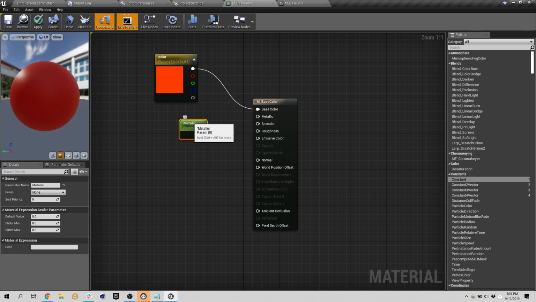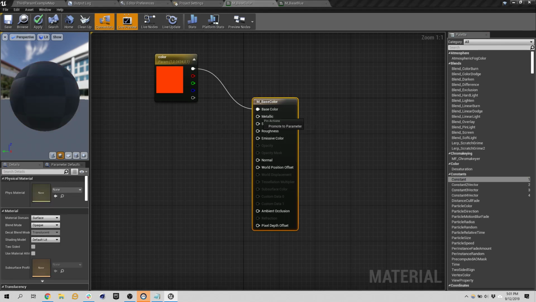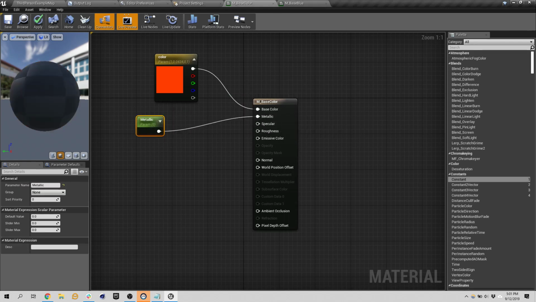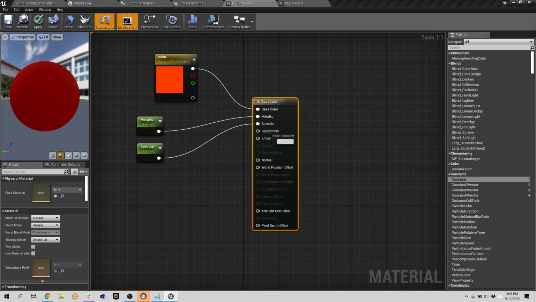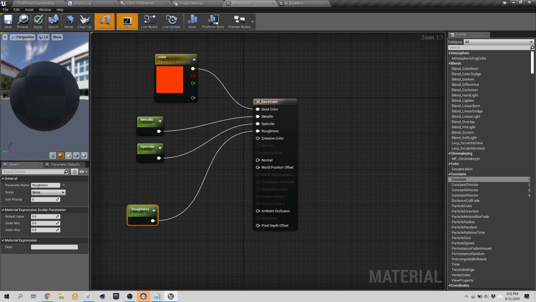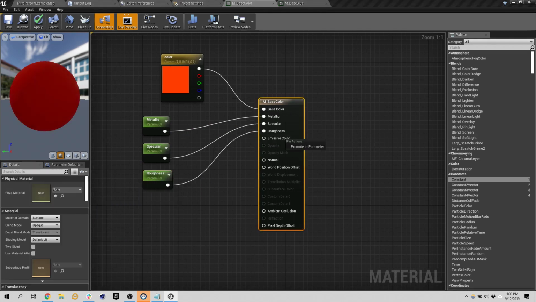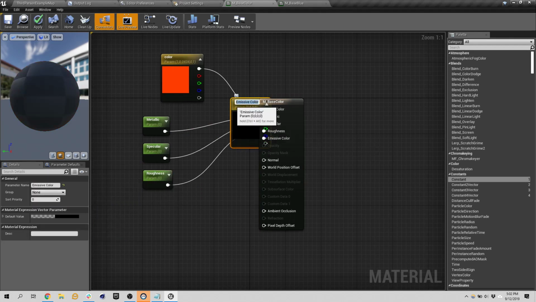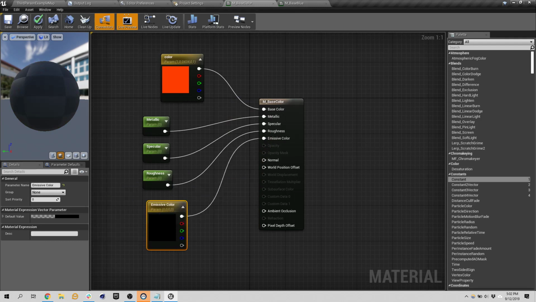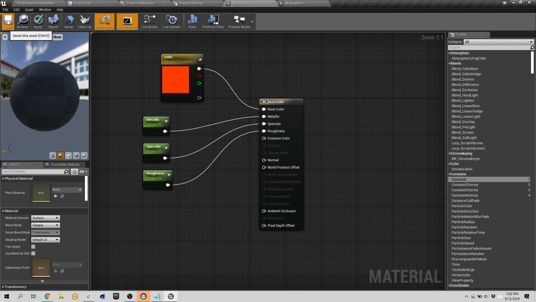Even simpler, I'm going to right click on metallic and say, make that a parameter. So now I just have it and it's already named for me. Let's make one for specular. Not that I have anything in mind, I just want to be able to look at it in real time and show you guys what it looks like. Roughness. And emissive. We'll hold off on emissive for a second. So when I save that,